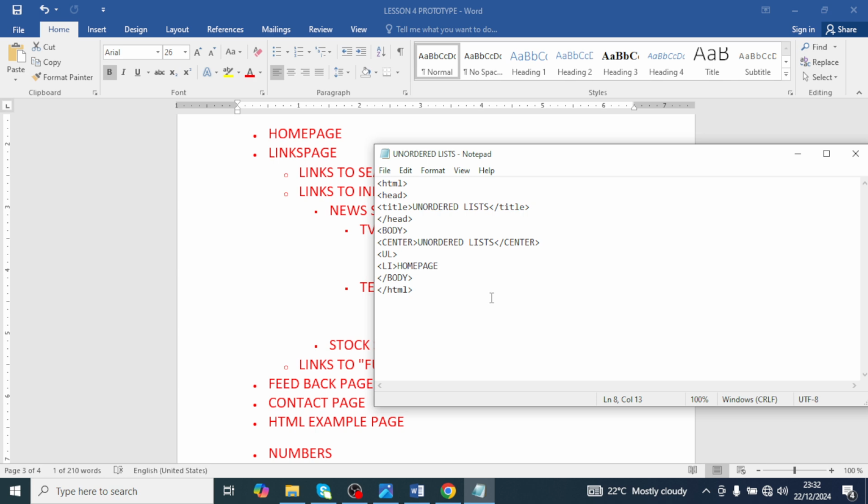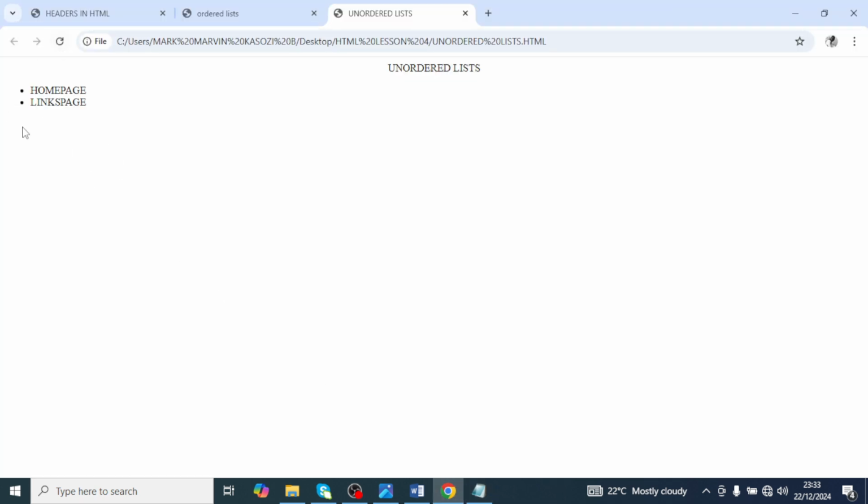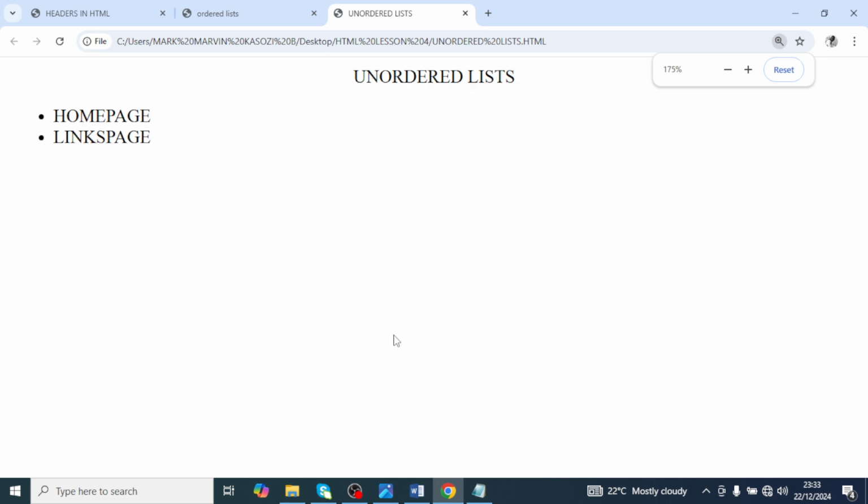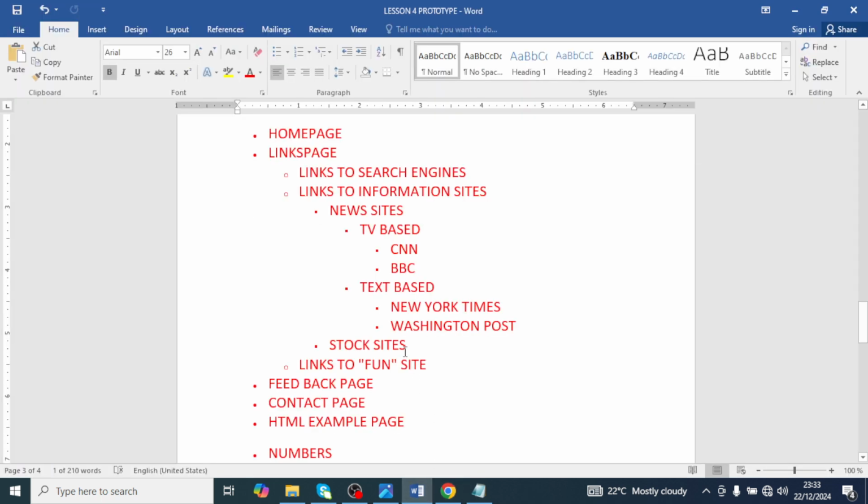Links page is another list, so I want to just put list li, and then I type links page. I save, and back to my Chrome, you see there's another list that is called links page. Back to my prototype. After links page, I'm heading to another category of unordered, but it is on another line,